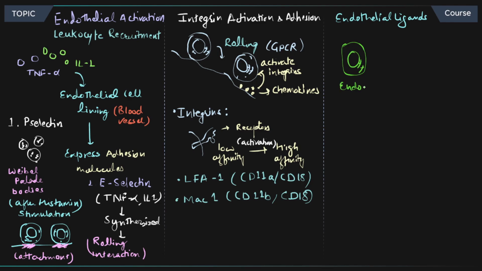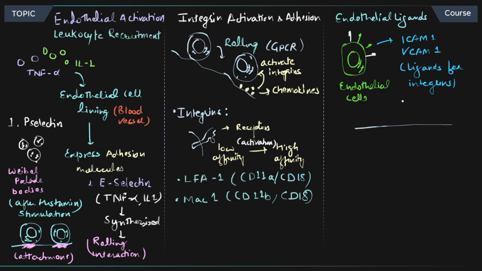So on the endothelial cells, you have ligands for those integrins. You have ICAM, you have VCAM. You can see the green color right over here is ICAM, the white one is, let's say, VCAM1, ICAM1. These are the ligands for the integrins. Integrins are going to bind with these endothelial cell ligands, and that will cause a firm adhesion. Very, very strong adhesion will happen with the endothelial lining, and those cells are going to attach very strongly